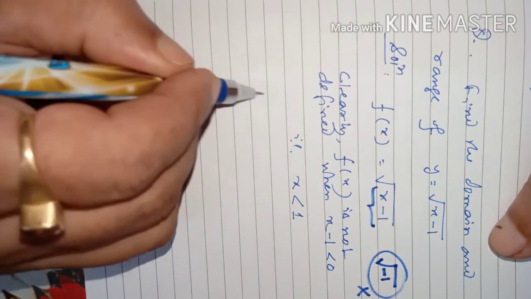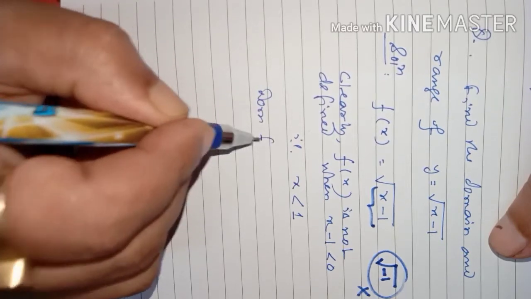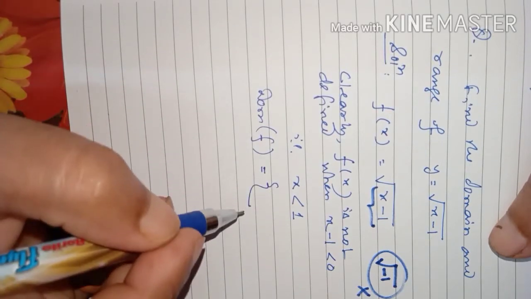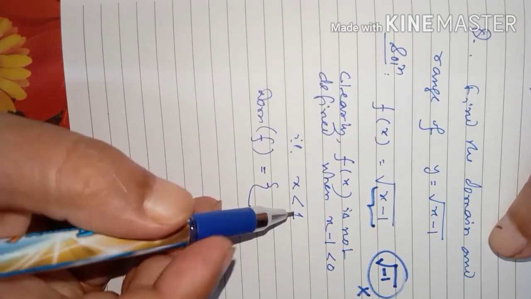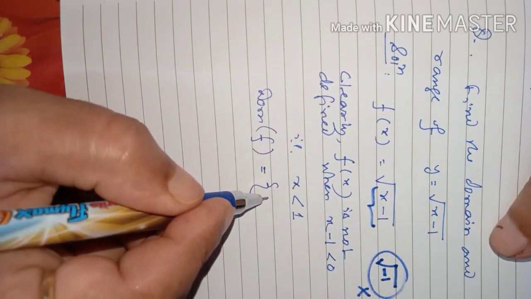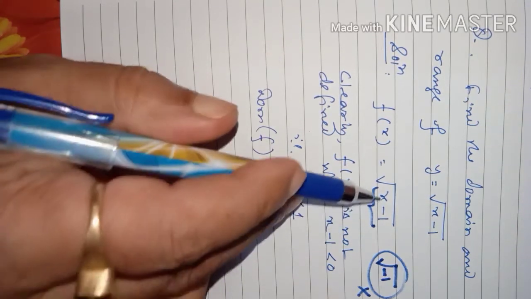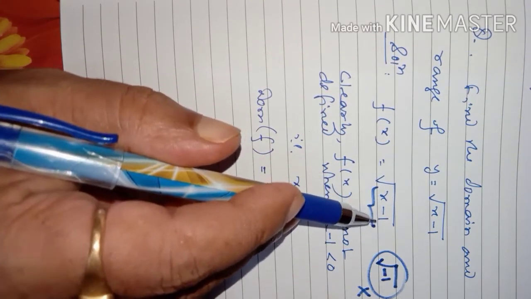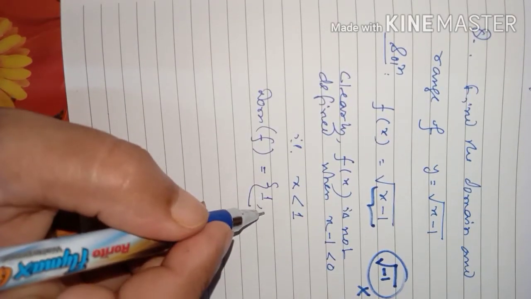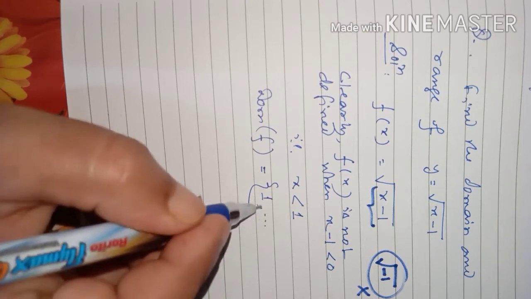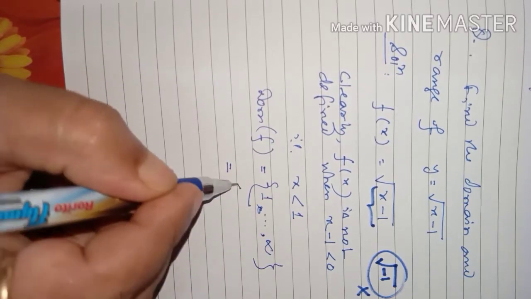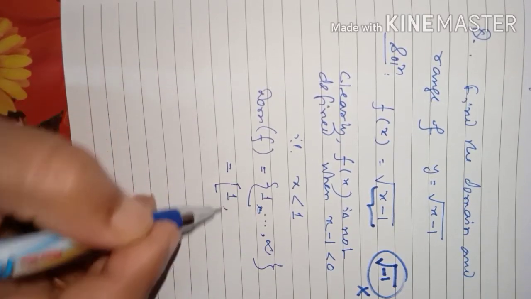The domain of f is the set of values which can take 1 but not less than 1. We can take 1, because there is no restriction: 1 minus 1 is 0, and the square root of 0 is a real number. So 1 and all the real numbers up to infinity, positive infinity. Or you can say 1 is taken and up to infinity.